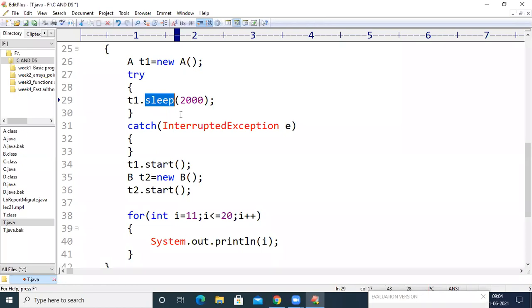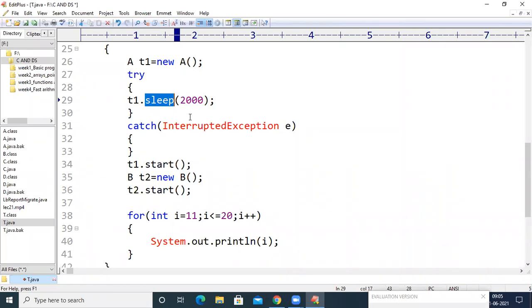See here, I'm telling you again: when the sleep method, the join method, or the wait method is executed, if we execute any method among these, we are interrupting the thread which was in the running state. The thread has been executing, and we are disturbing its execution by using these methods. When such a method is called, the JVM will create an object for the respective exception.